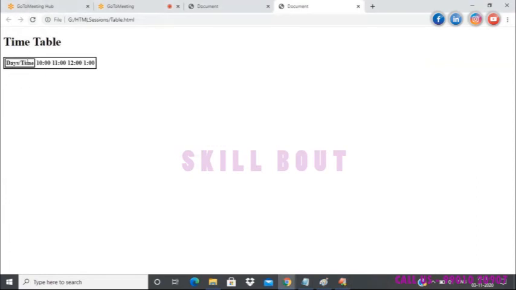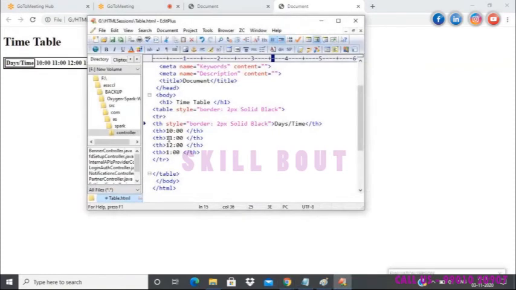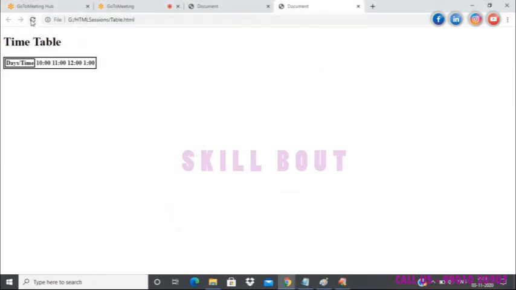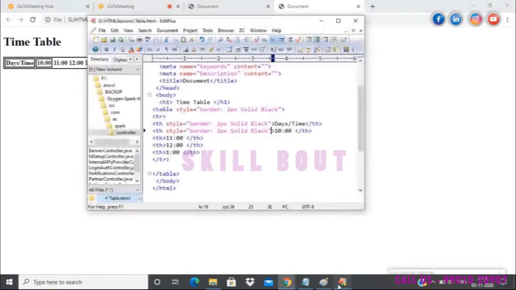So yeah, see now this particular column has its own border. I will show you how to have one single border rather than having it configured for each and every column of the row. We will not do this as of now. I'll show you another simple way.